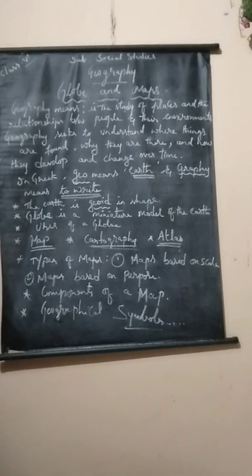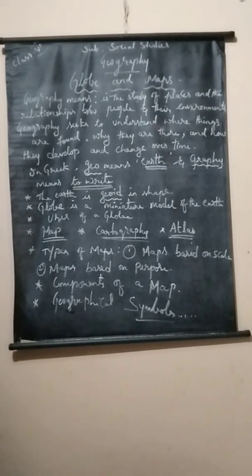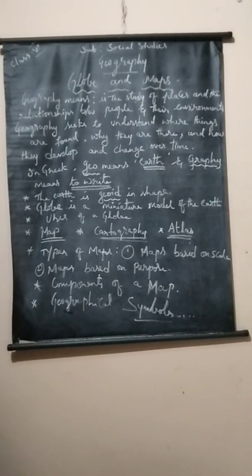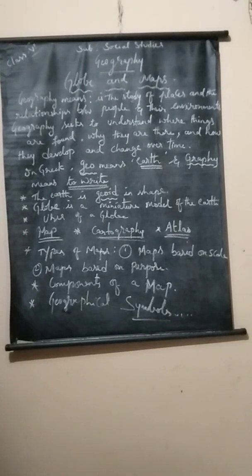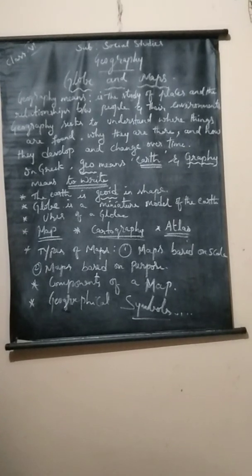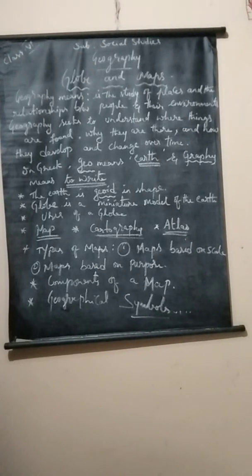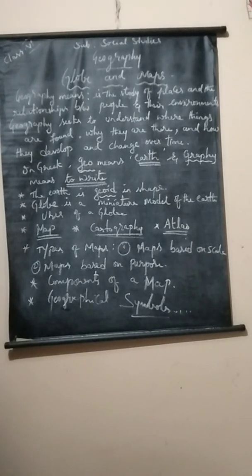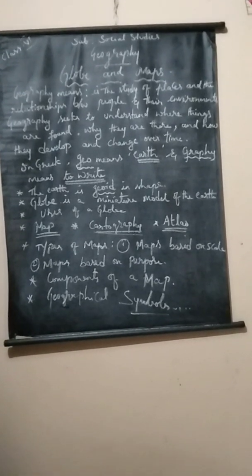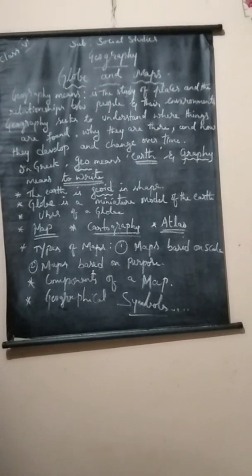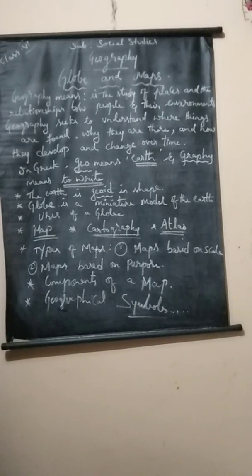What is the meaning of the globe? That is the first topic today we are going to study. In the last chapter you have studied about the shape and size of the earth. Isn't it? The earth is geoid in shape and is represented by a globe. The photographs taken of the earth from the satellites give a real shape of the earth. But we can see only one side of the earth.